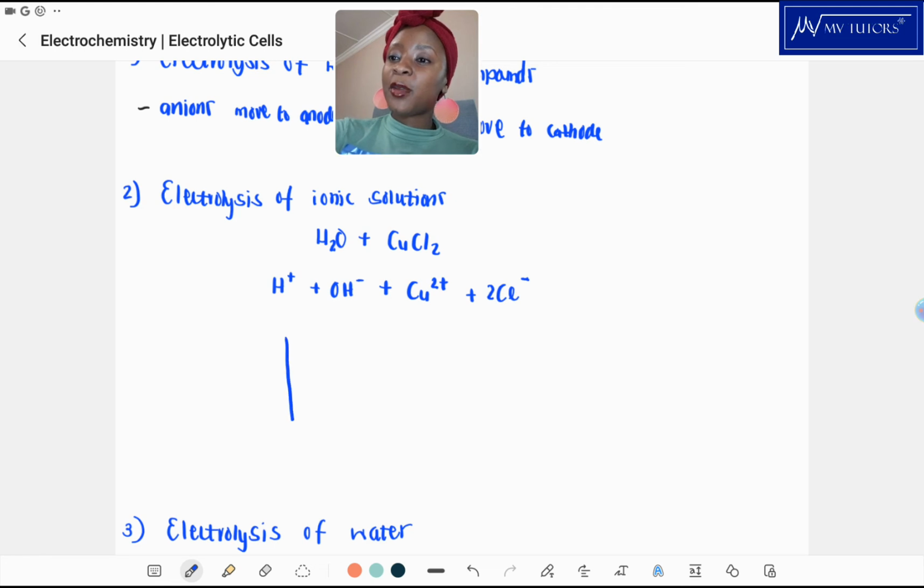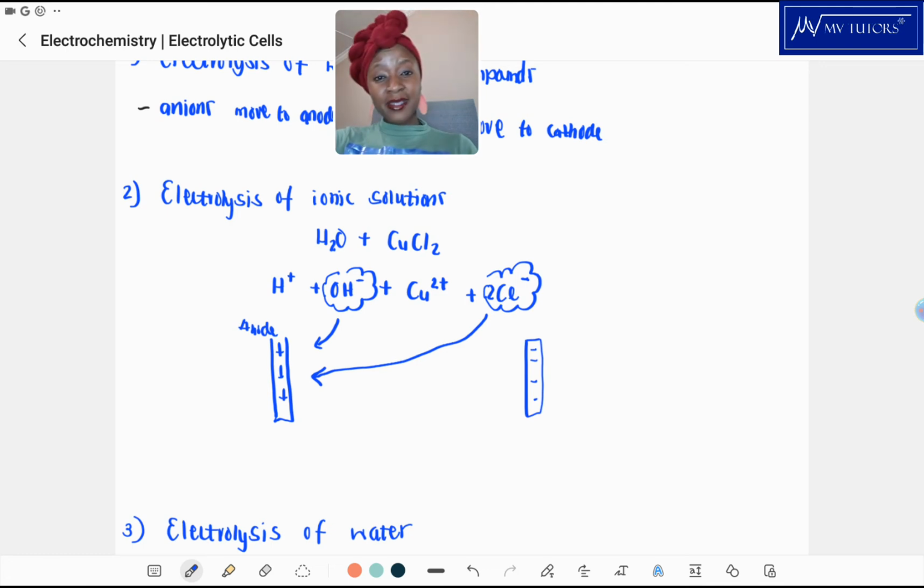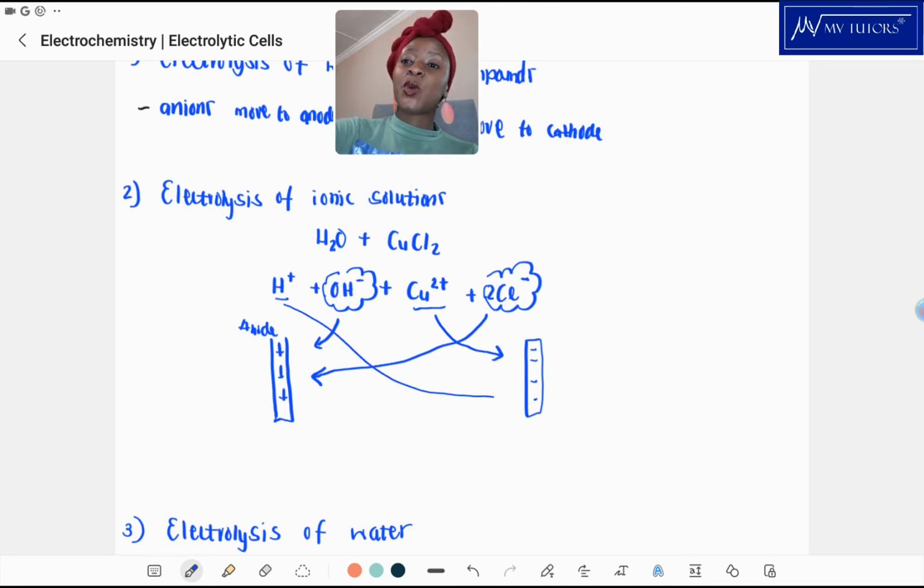So you have your anode there, which is positively charged. Therefore, either the hydroxide ion will be oxidized or the chloride ion will be oxidized. This is the anode. And then you have the cathode, which is negatively charged, and in that case the positively charged ions, your cations, are going to migrate there. So copper 2 plus is going to go there to get reduced, and also hydrogen will go there to get